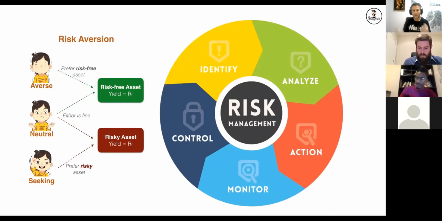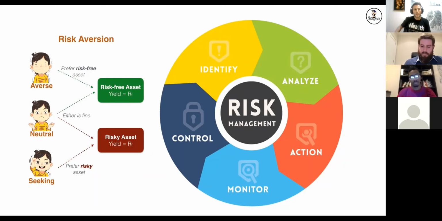I am a buyer and a holder, but that doesn't mean forget about it. You have to reevaluate your portfolio as time goes by. Has the economy changed? Have the fundamentals in the company changed? And then you monitor your investments. And don't be scared to change your direction if need be. That's your control part.